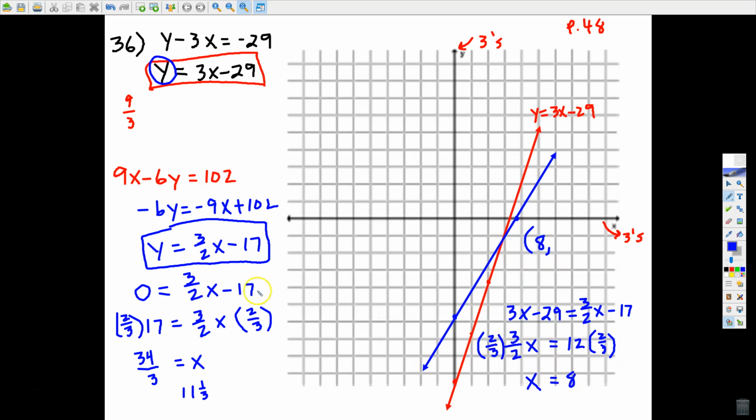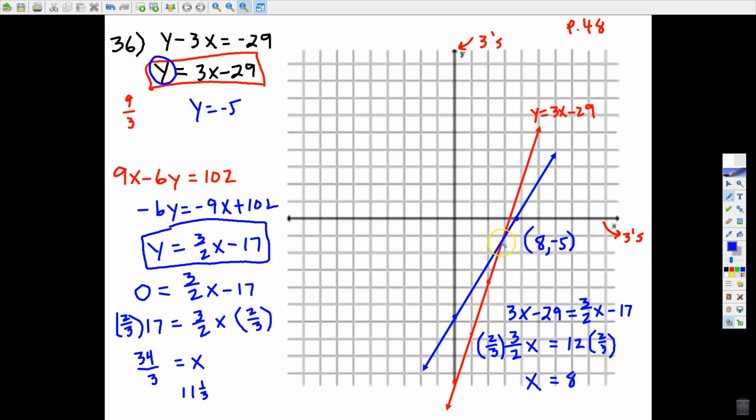And now let's find the y. And we can plug into either one of these. Looks like this one would be easier. If I let x be 8, I get 24 minus 29, and that's negative 5. Okay, so the y-coordinate of this point of intersection I'm getting as -5. Does that look reasonable? It certainly does, because coming down from 8, that would be -3, and that could be,